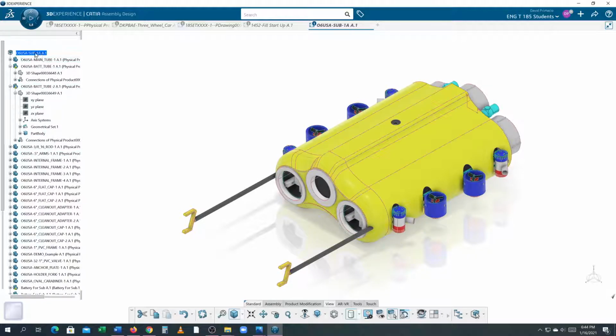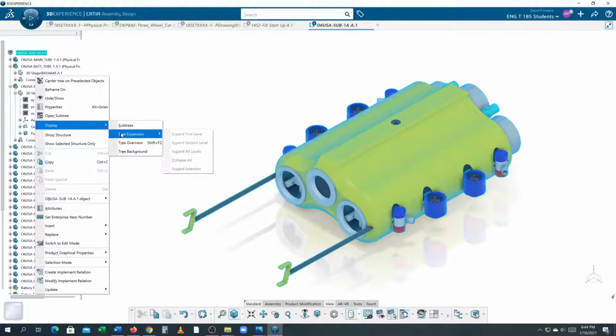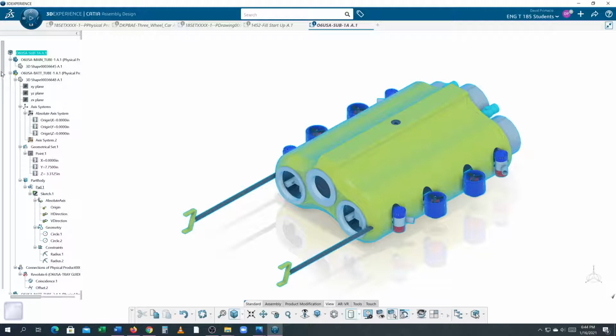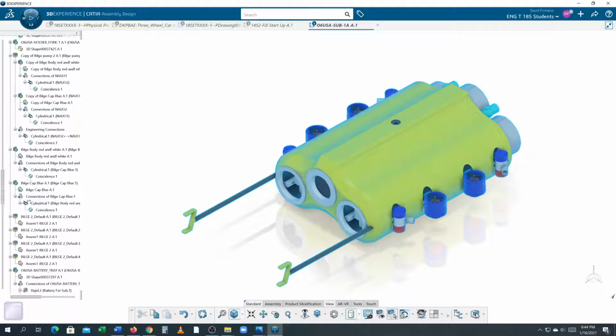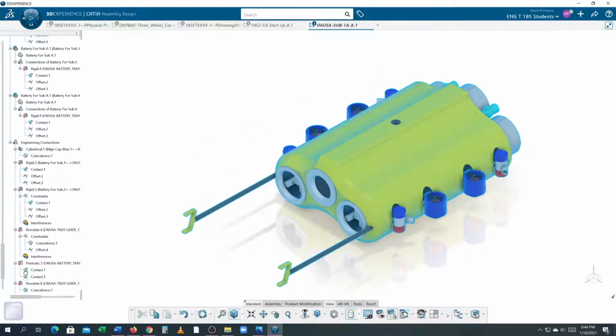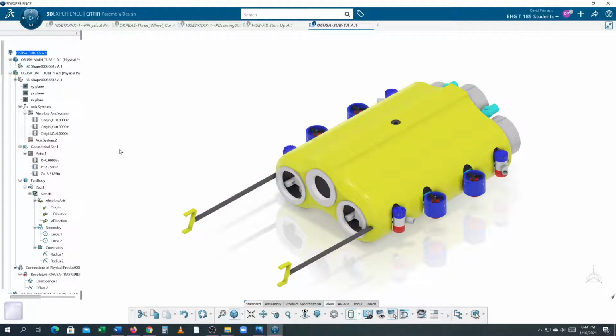Now see, I've got this open. You can right click on the top of the tree and hit display, tree, collapse all, expand all levels, okay, or expand first and second levels. If I hit expand all, you can see all the things it took to make this part up. Every piece of this tree is now showing all the paths, all the different pockets, all the different features used